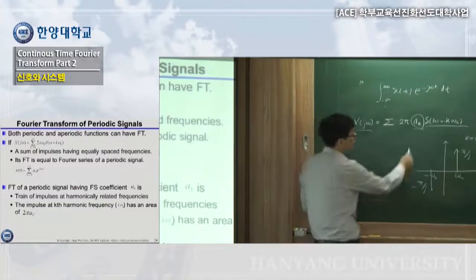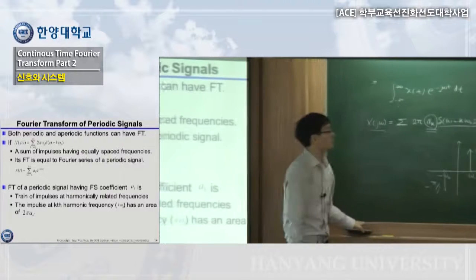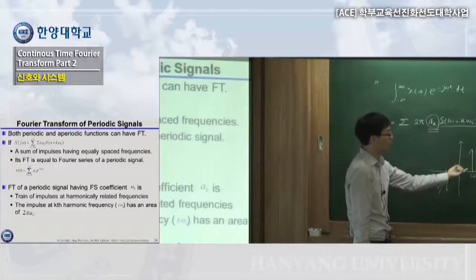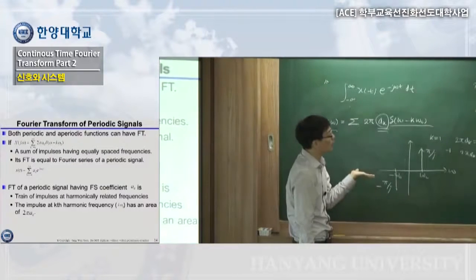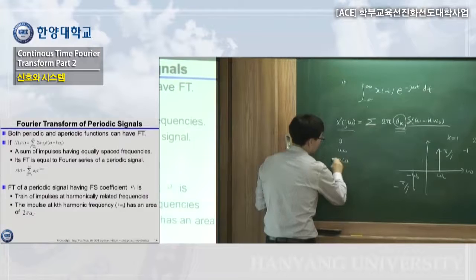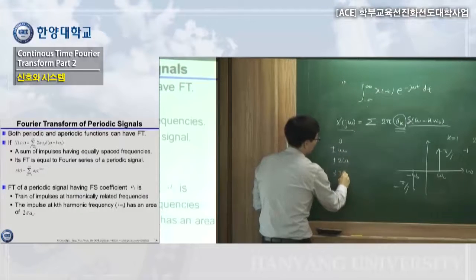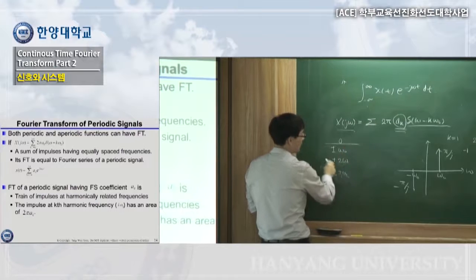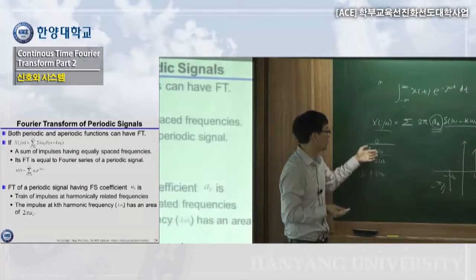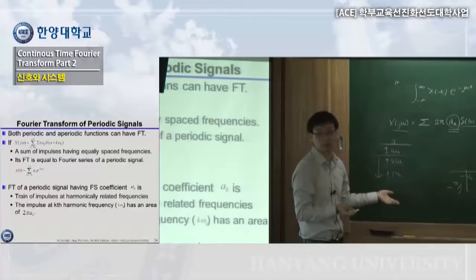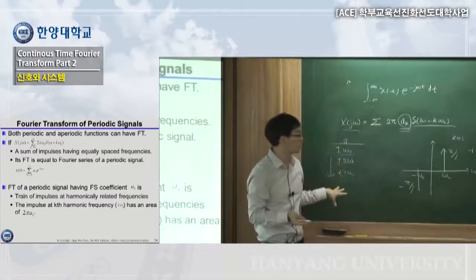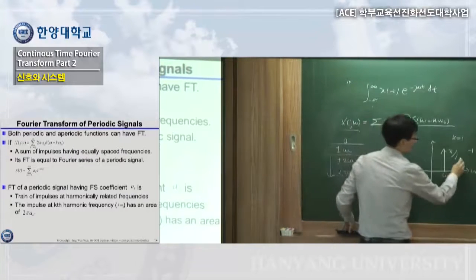What you can do is, if you already know their Fourier series coefficient, multiply them by 2 pi and find the corresponding amplitude at each frequency. The frequencies will be given as 0, omega 0, 2 omega 0, and of course plus or minus 3 omega 0. So they are given as DC, the fundamental frequency, and harmonics. Harmonics are integer multiples of the fundamental frequency. They are given as a sum of these frequencies. And of course, when you draw them, they will be given as